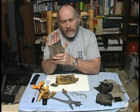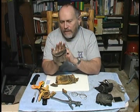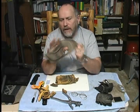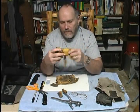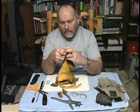And in some of the videos you've seen me making arrowheads on the palm and so forth. But there's better designs than this one here, and I'm going to show you one of those designs. But before we get into that, I want to show you something else. These things don't have to be complicated when you make them. This is something I made out of a piece of junk leather, and basically all this is